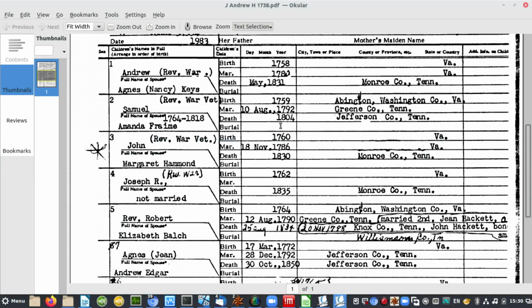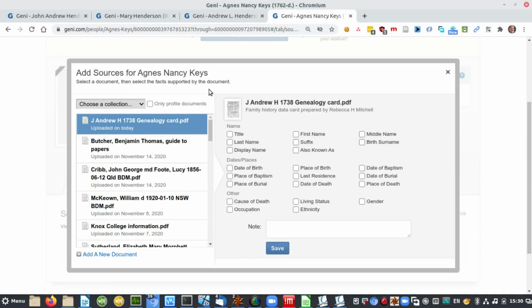Let's Alt tab back and see what it says about her. It says she was Agnes Nancy Keys. That's all it says about her. So let's put that in. First name, tab, space, she married a Henderson, and she was born a Keys. And that's all the information about her, except that she was married to Andrew L. And this, let's put in here,